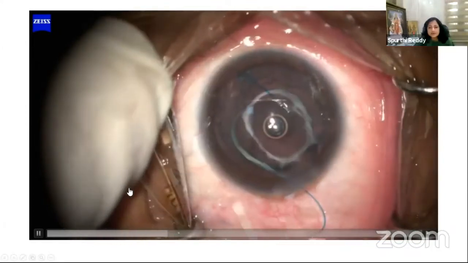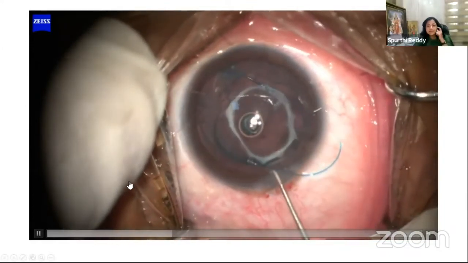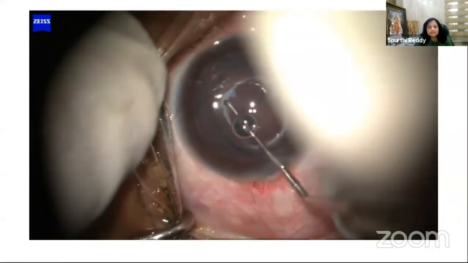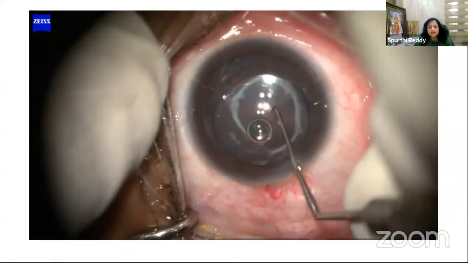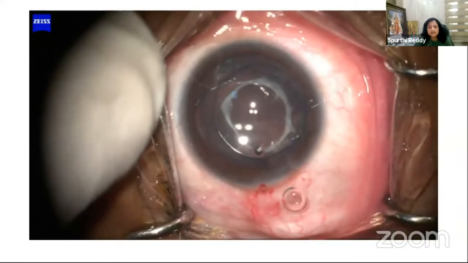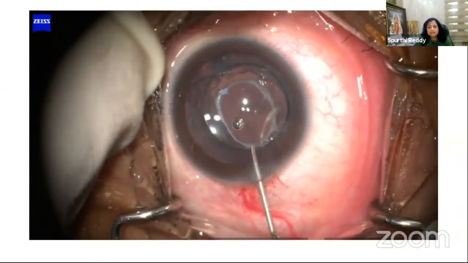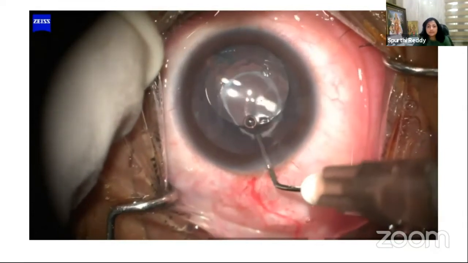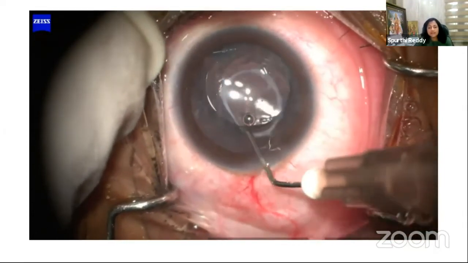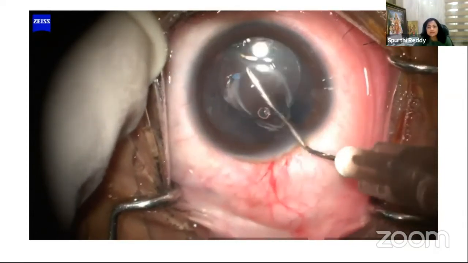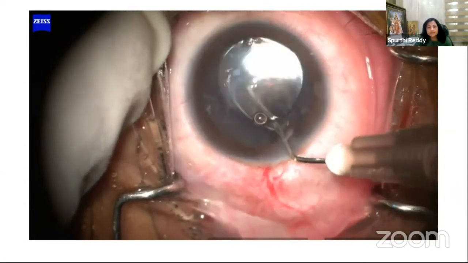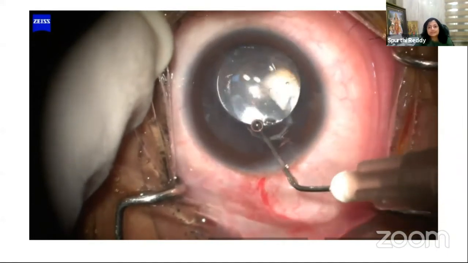So a 3-piece intraocular lens was injected, the haptics directed into the sulcus, and the optic was placed. The haptics are dialed right into the sulcus using the dialer. At this point, the PC is intact. Now a system is used to peel the phimotic anterior capsule. As you can see, once I initiated the peel, the entire peel came off easily as a ring.